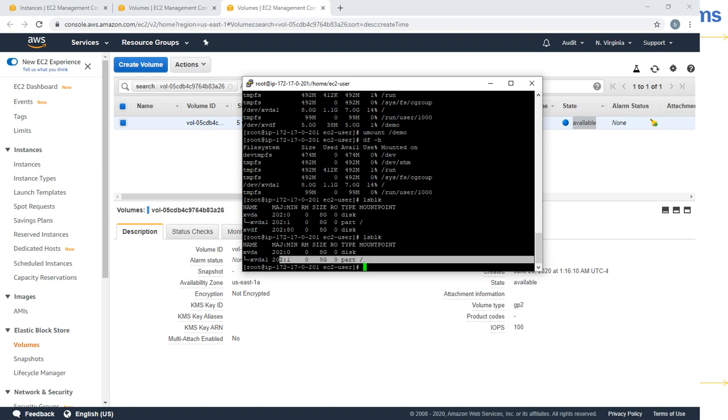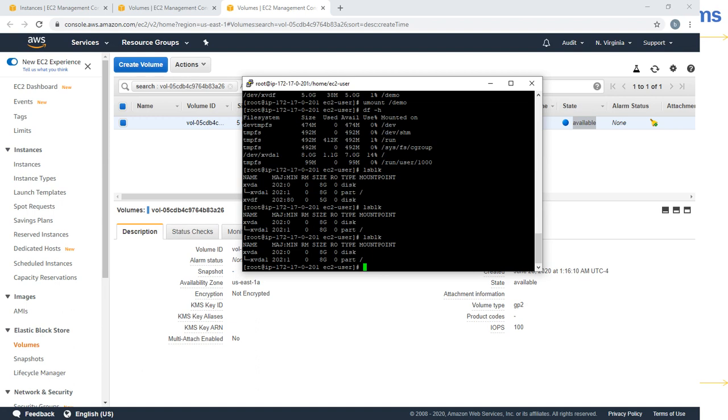In your case, it may take a couple of seconds. Even when you attach and mount, come over here and perform lsblk, you may not see it immediately. In case you don't see the drive immediately, wait for a couple of seconds and try performing the same command again, then it will get reflected.